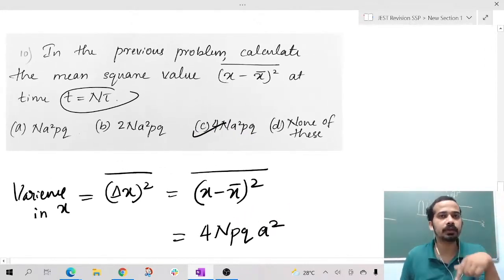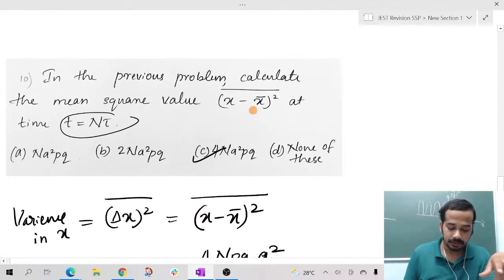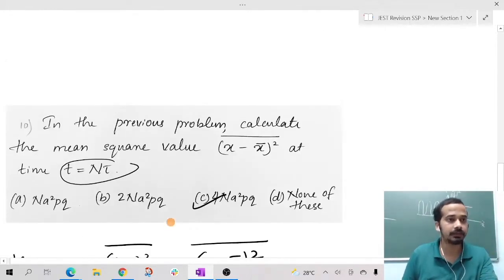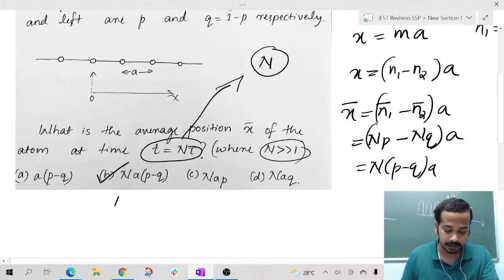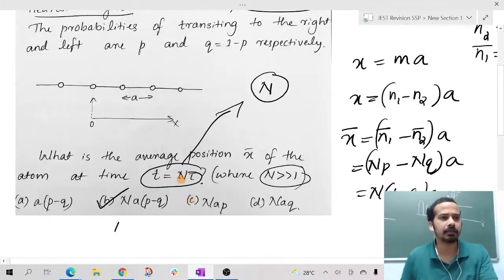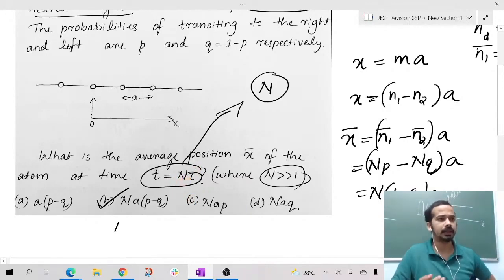Now look here, there is one numerical problem on exactly this one, in the case of the JEST exam. So try to solve that one. I think they have given these things in seconds or microseconds or something, so you have to find the total number of steps by dividing or something. I hope you can deal with that kind of